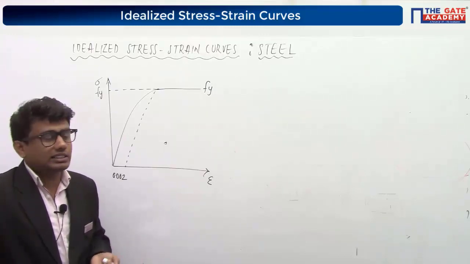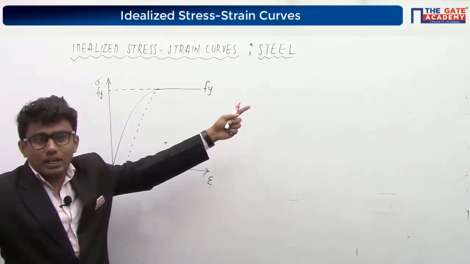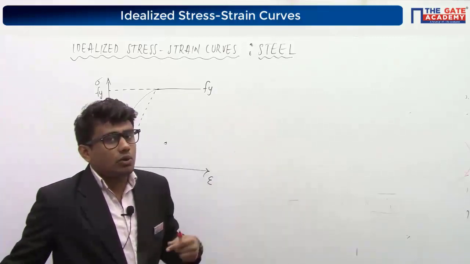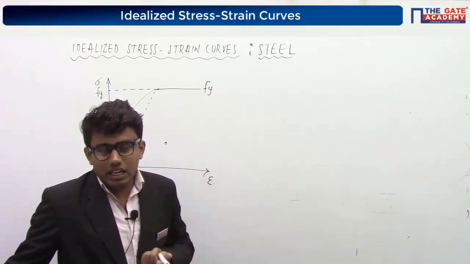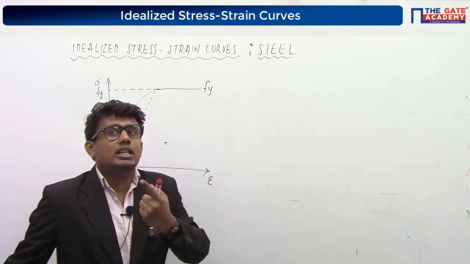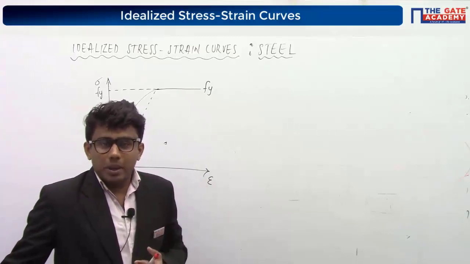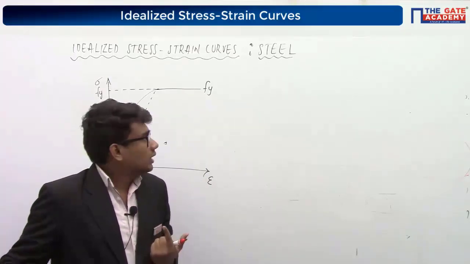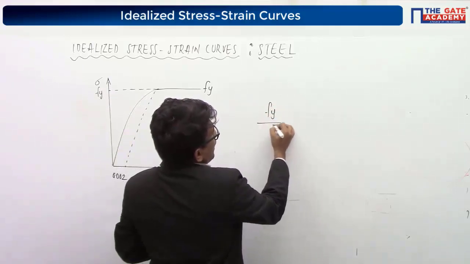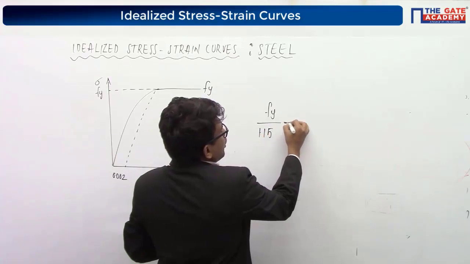You don't have to reduce the strength value just like we did in concrete. The compressive strength of the cube is FCK, and for the structure I have considered it as 0.67 FCK. Here we don't have to do anything like that. But for the design we have to apply the partial safety factor for material, the partial safety factor for steel. So this is Fy. If I apply the partial safety factor for steel, that is Fy divided by 1.15, we will be getting it as